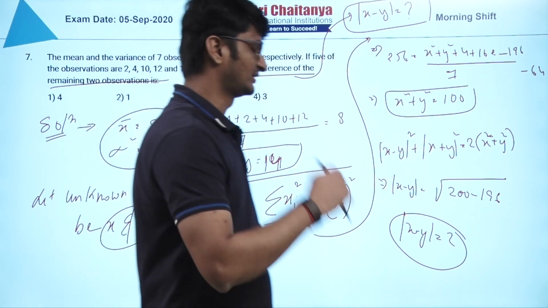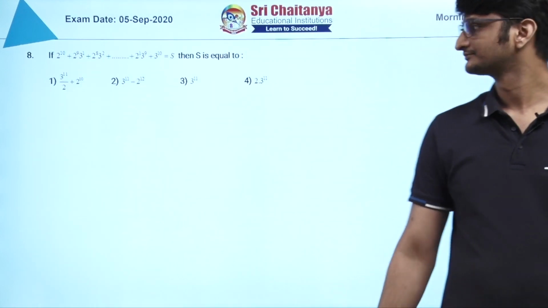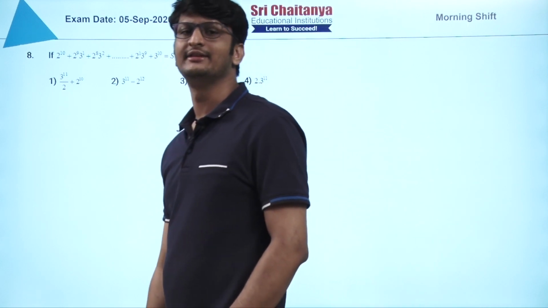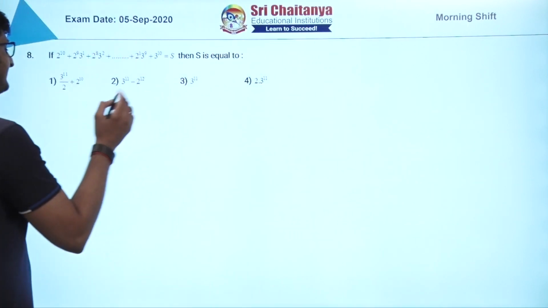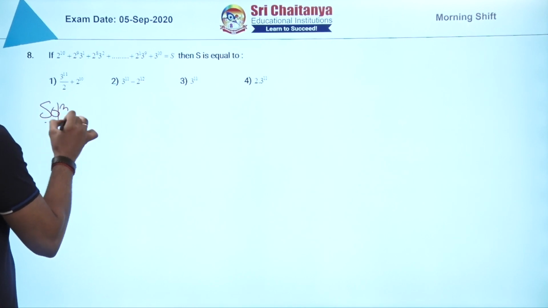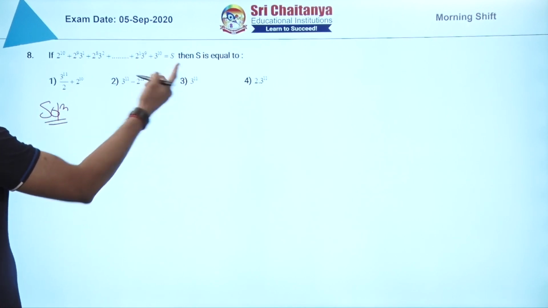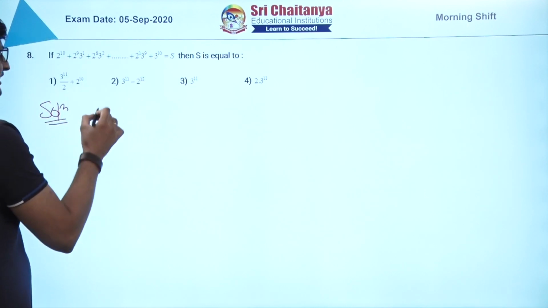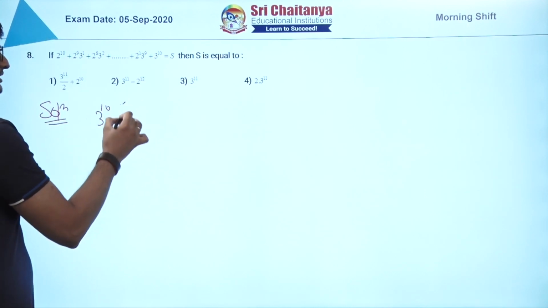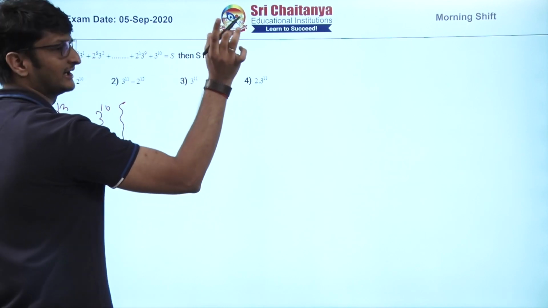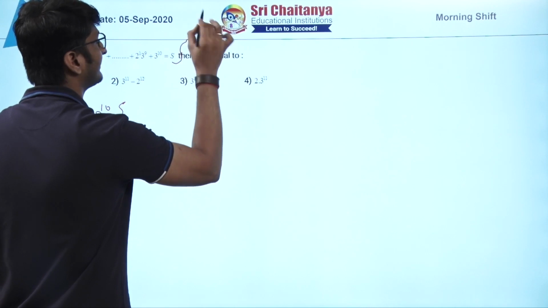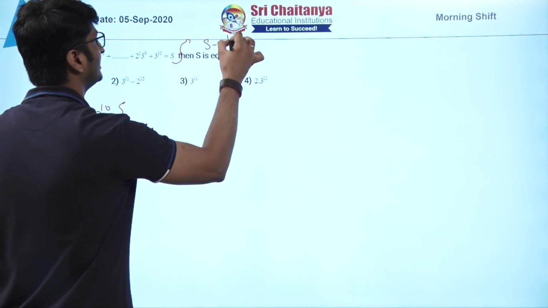Let us move to the next question. Okay. This question comes from the chapter sequence and series. Here it is a GP. If you observe it, suppose I am taking, how many terms are there? First of all, if I am taking 3 to the power 10 common, what can I write? This is not the correct question, there is some printing mistake, let me correct it. The question should be, on the right hand side, s minus 2 to the power 11.